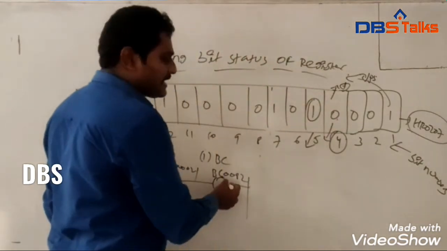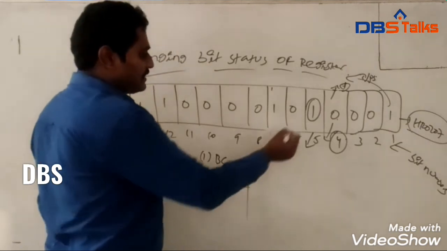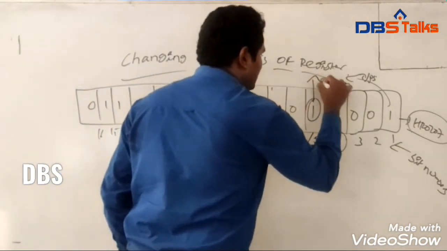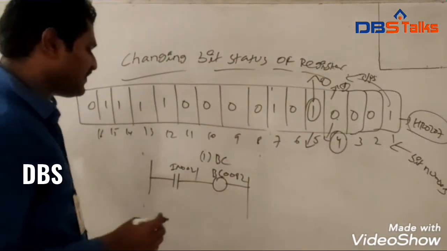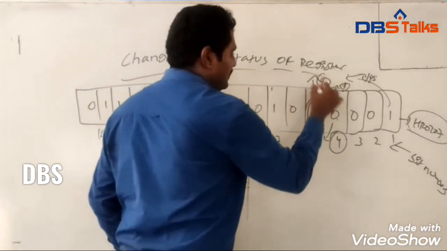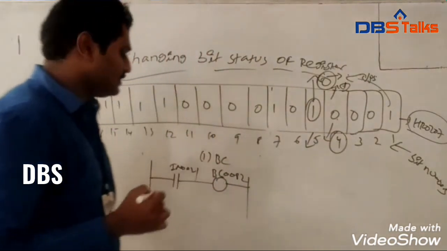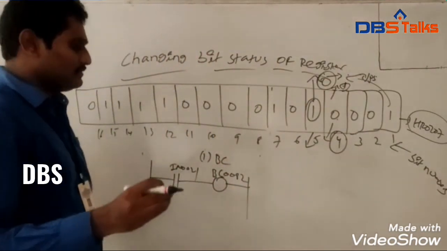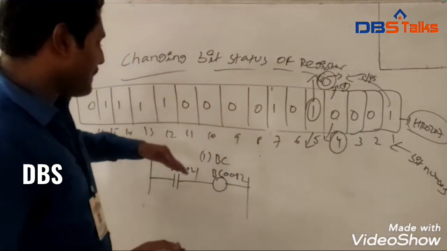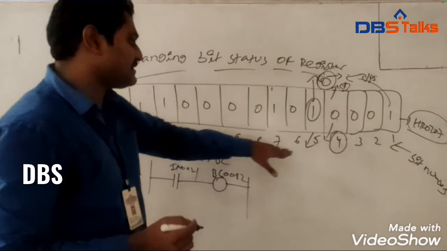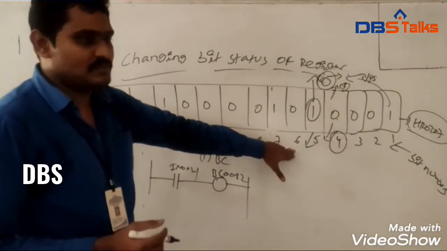Whenever the bit clear function is enabled, this 1 value is changed to 0. Whenever the BC0082 function is disabled, there is no change in the value; it always stays at the 0 value. So there is no effect on this value. If you apply BC, the bit clear function, on the 6th bit, there is no effect on it, no change in the bit 6 value.